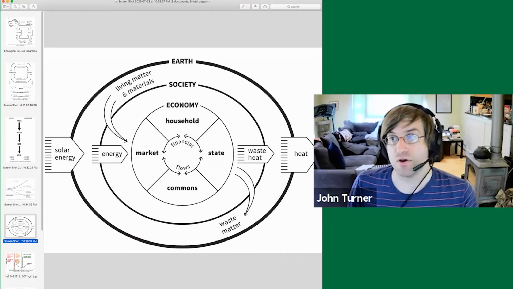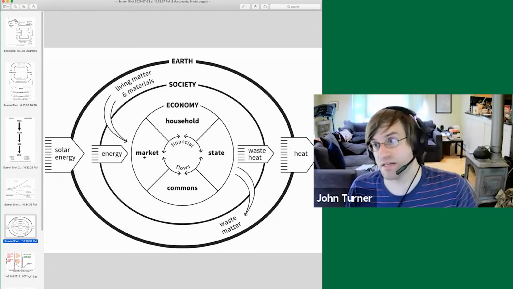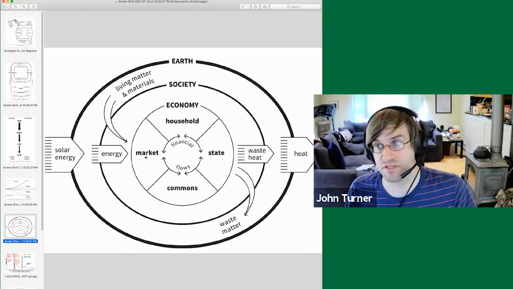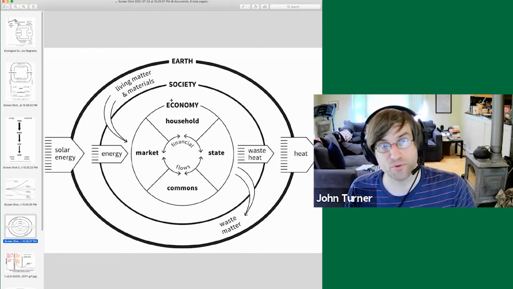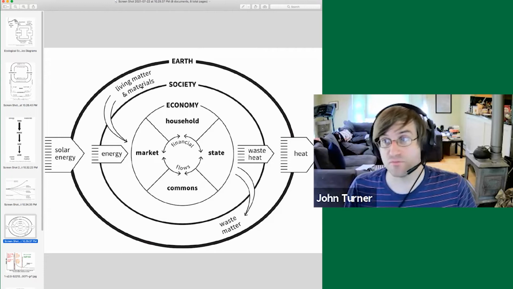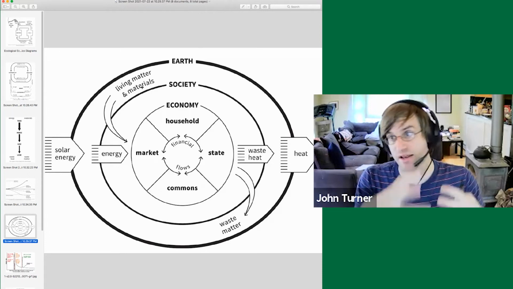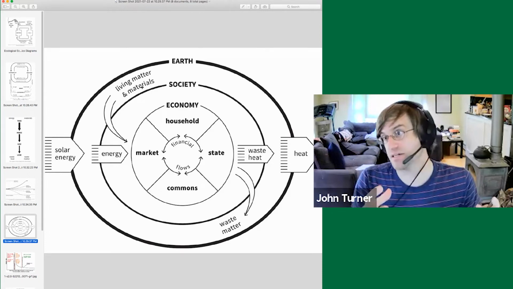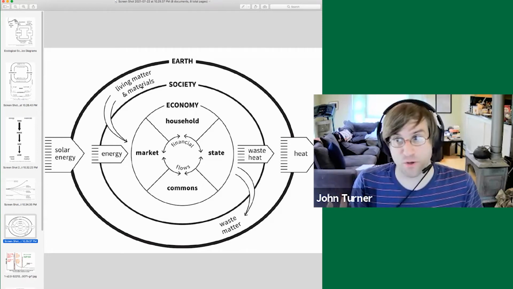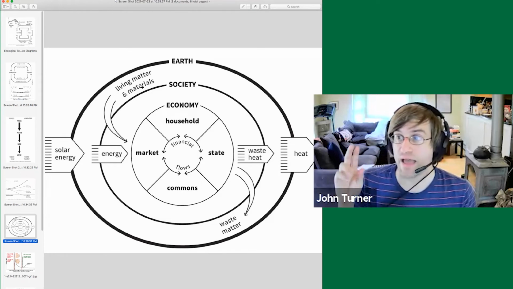Okay. One of the ways to think about this is we could assign monetary values to the services that are provided by a number of these living materials and processes. So, for instance, wetlands help purify water. When water enters a wetland, a bunch of the plants and animals that live in that wetland extract a bunch of toxins out of the water. They help purify the water. We could try to figure out what that is worth.